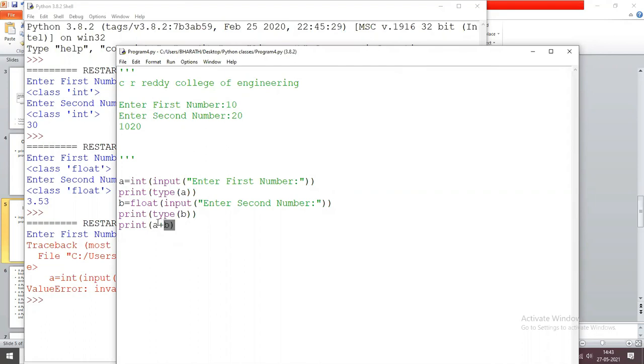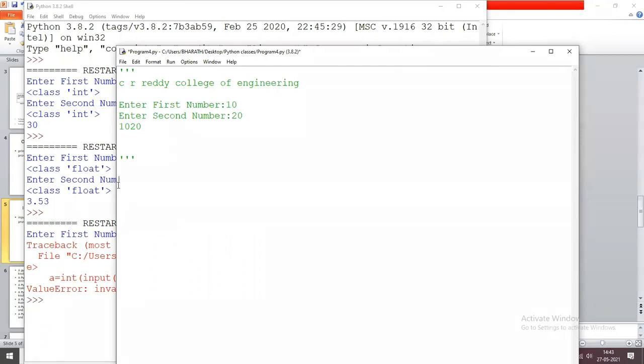Okay, now we see another program. Asterisk is a repetition operator. For example, I want to print a name, for example Ravi. How can I write the program? Print Ravi. That's it.